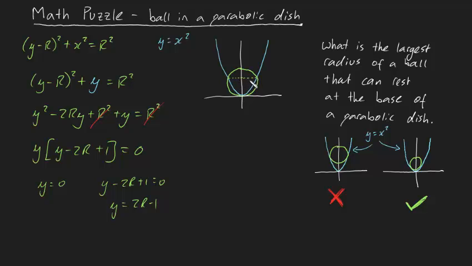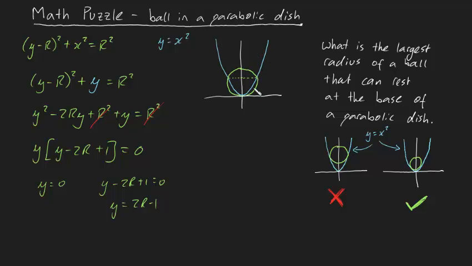Now, you might be thinking, what's the point in finding out where this parabola and bowl intercept? It seems like we're no closer to solving the puzzle. But in fact, we are, because we can solve for the case where the interception of this parabola and this circle up here is actually equal to 0. Just imagine, if we slowly decrease the radius of this bowl, then we're going to be decreasing the y value at which they intercept. So just imagine bringing this dotted line down closer and closer by shrinking this bowl until it touches just here. And that's the point at which the bowl rests inside the parabola without